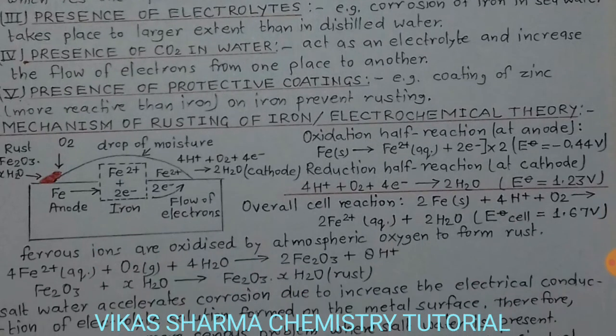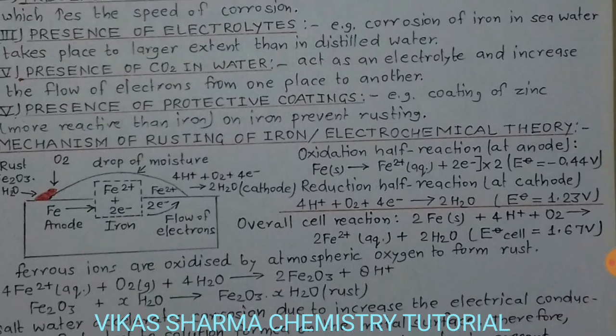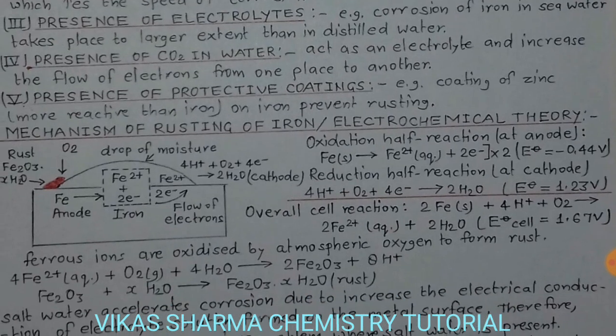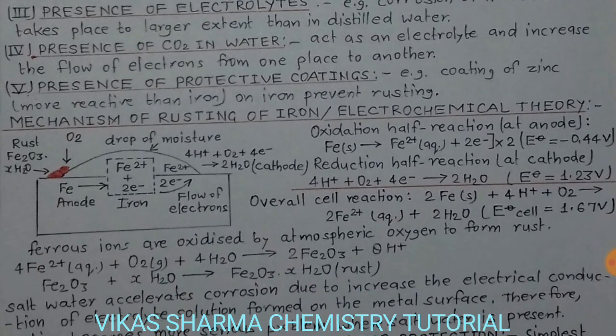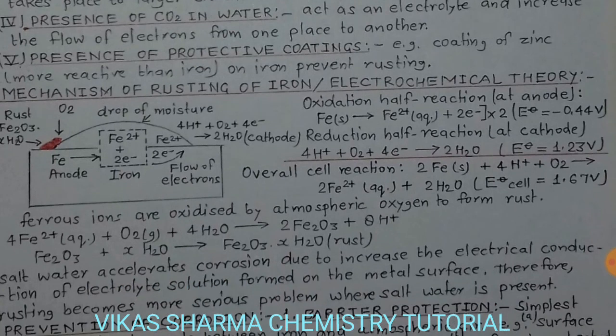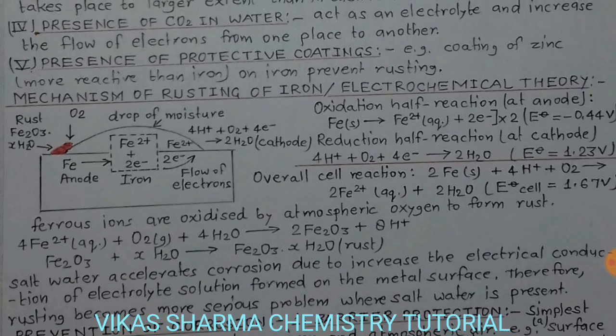Third one, presence of electrolyte. For example, corrosion of iron in seawater takes place to a larger extent than in distilled water because the seawater is contaminated by ions, so the rate of reaction is high. Students, the fourth reason is presence of carbon dioxide in water, which acts as an electrolyte and increases the flow of electrons from one place to another, means